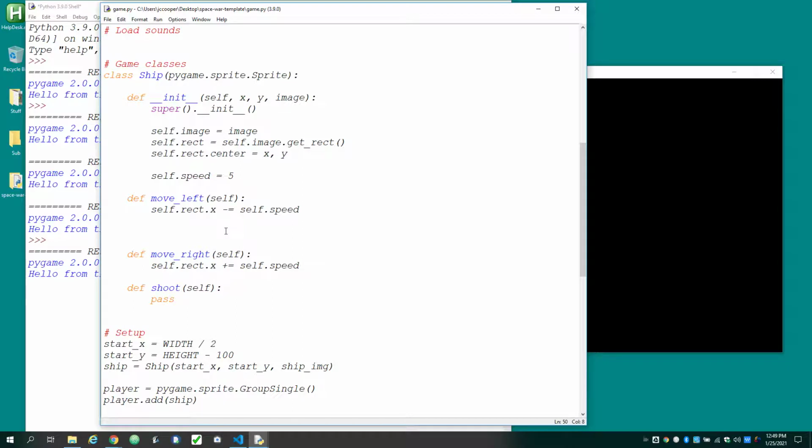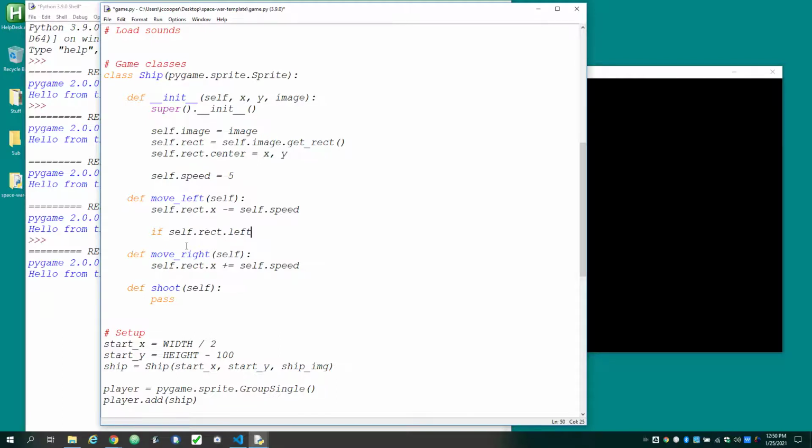So I'll add a little conditional right here. This time, instead of talking about the general x coordinate of the rectangle, which is the upper left-hand corner, I think it's going to be more clear if we say if